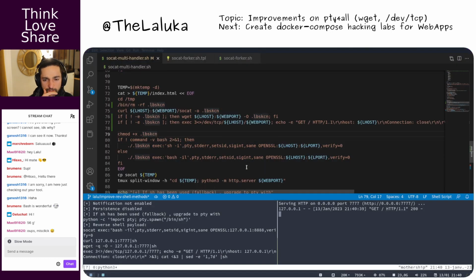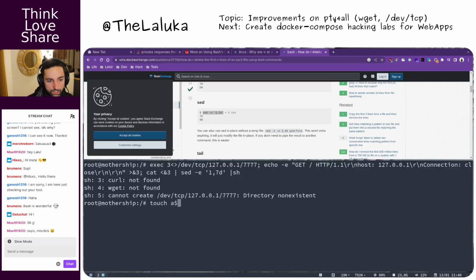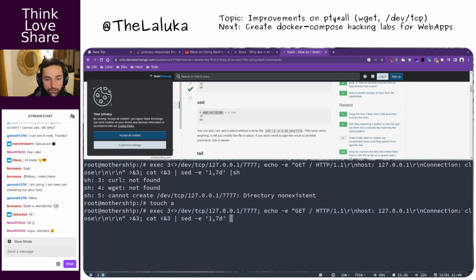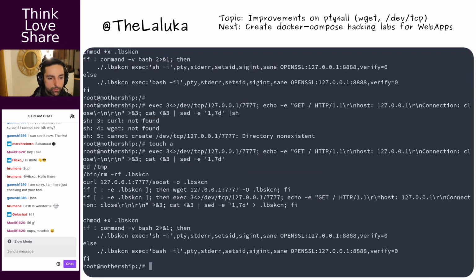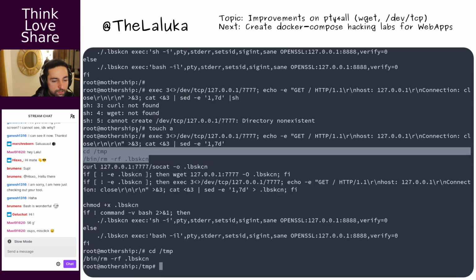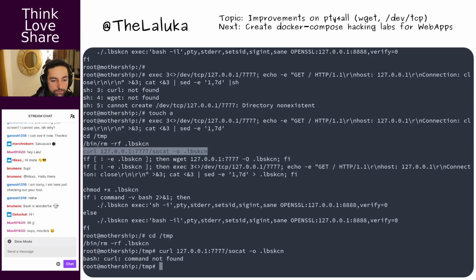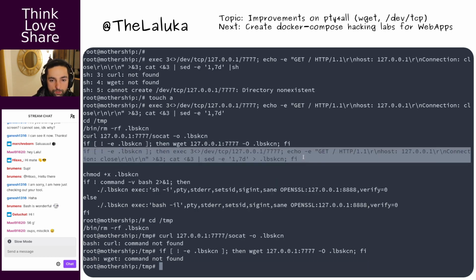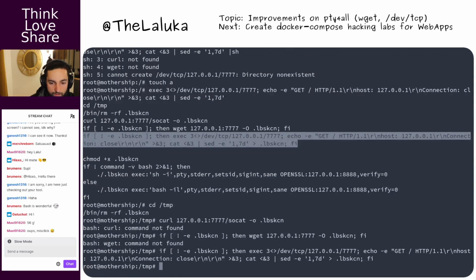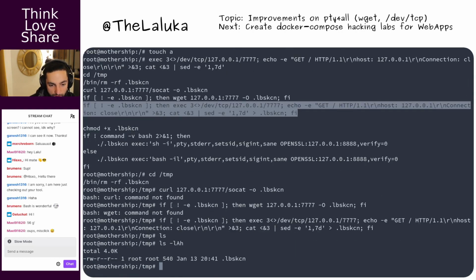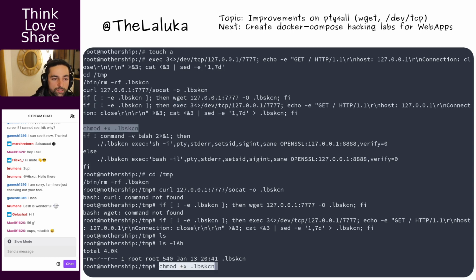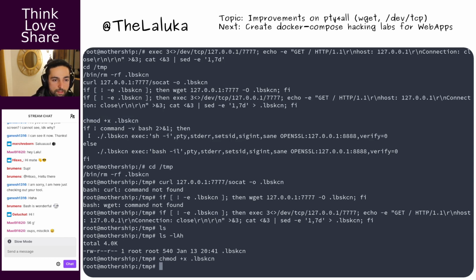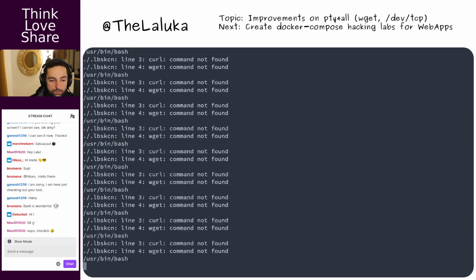Cannot create. Touch A. So it worked up to some point. So we tried to do these steps first, and then to do the curl that failed. Okay. Then to do the first wget that failed, and then to do the file download that should have succeeded, and it did. Then to enable it, and then this thing, and it says either sh or bash, but we are in bash, and this one,